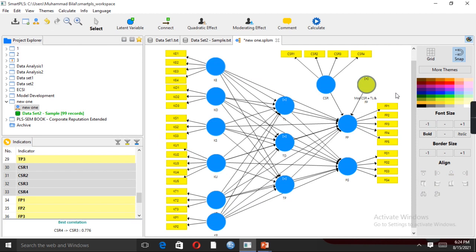So this is how we are able to develop a complex model in Smart PLS3. In the next session, we will also discuss how to analyze and compute the impact of these independent variables with mediator variables and dependent variables. We will also analyze the mediating role of team learning, team development, team performance, as well as the moderating role of CSR between team learning and firm performance.